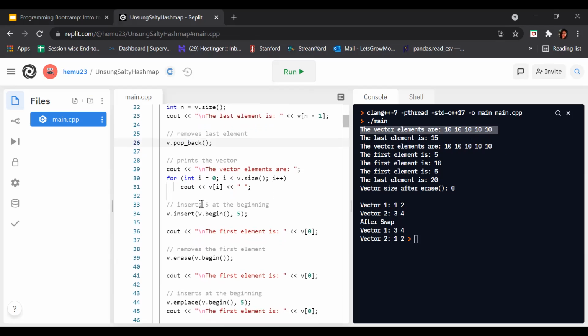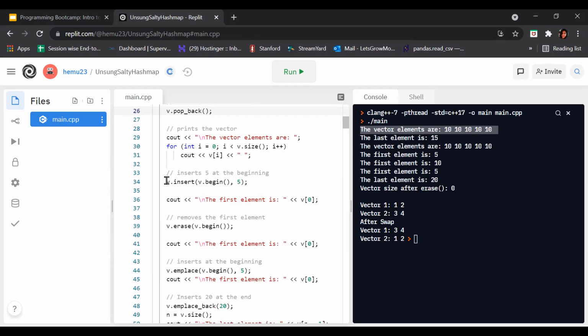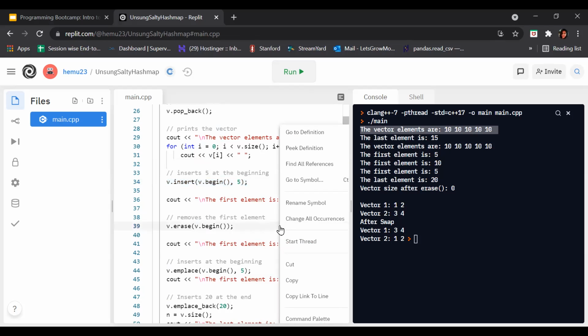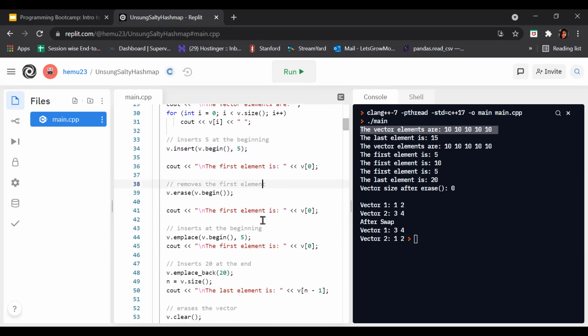After that, we insert 5 at the beginning. We use the insert modify function, which inserts 5 at the beginning. Now the first element is 5. Again, after that we remove the first element, and for that we used v dot erase.